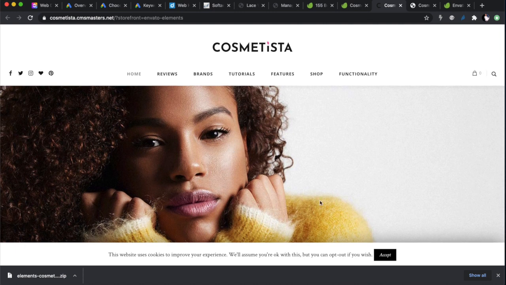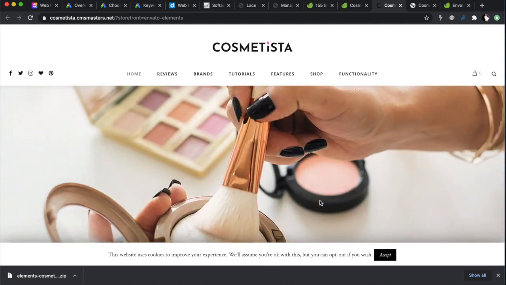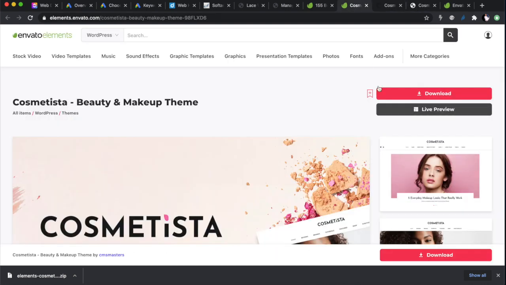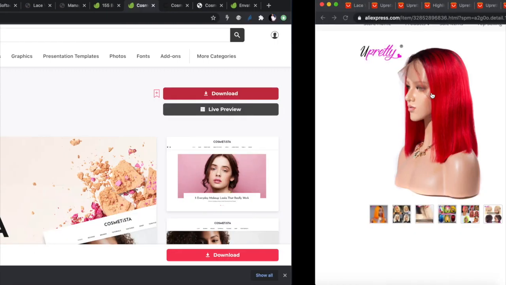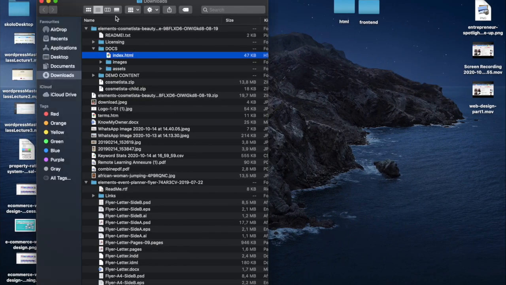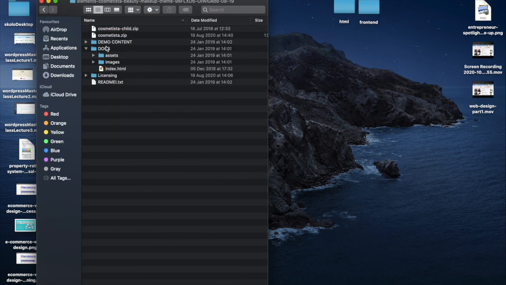I've already downloaded it. I'm just going to install it, but before I do that, you download it there, okay? If you've already bought the membership, once you download it, it's going to come in a zip file. You unzip it, and inside the zip file there are a lot of things to work with. I'll show you what the zip file looks like. This is what will come in the zip file. It will have the zip theme. It will have the child zip theme, which you can use if you want to edit the CSS and the theme itself.